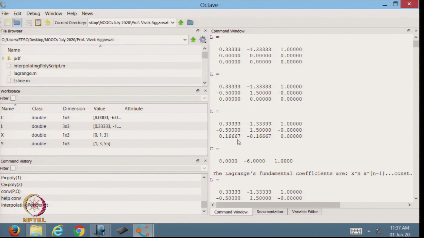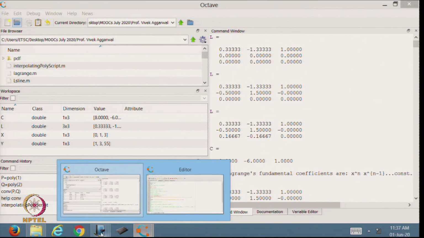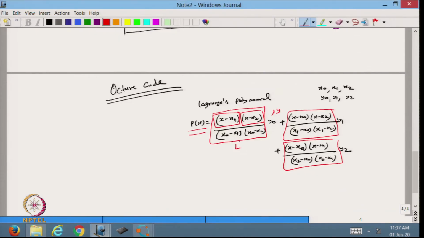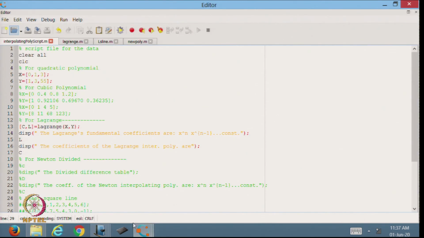This is the second one and this is the third one. So, I know that I will get only 3 values. If you see from here, the first one is saved here because this is a quadratic. So, for the quadratic I have 3 coefficients. That coefficient is there, then this and then this.